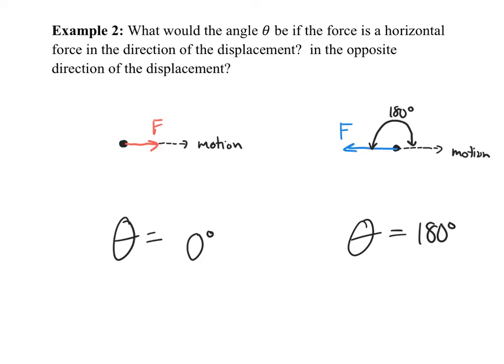The eagle grabs hold of the baby and starts flying this way, just above the ground. The dad is running after and pulls the baby out of the clutches of the bird. Motion was that way from the bird. Which way did dad pull? This way. So you don't have to be friction to do negative work. All you have to do is apply a